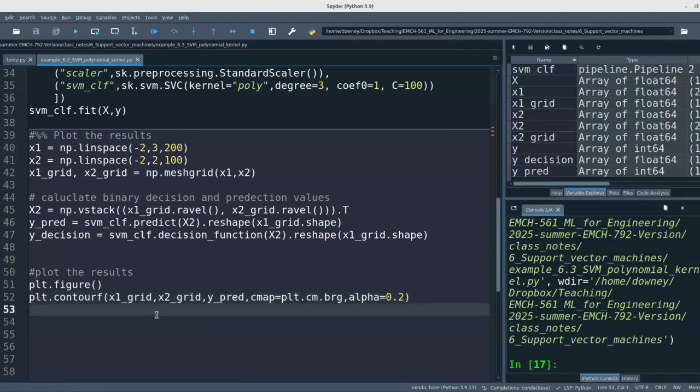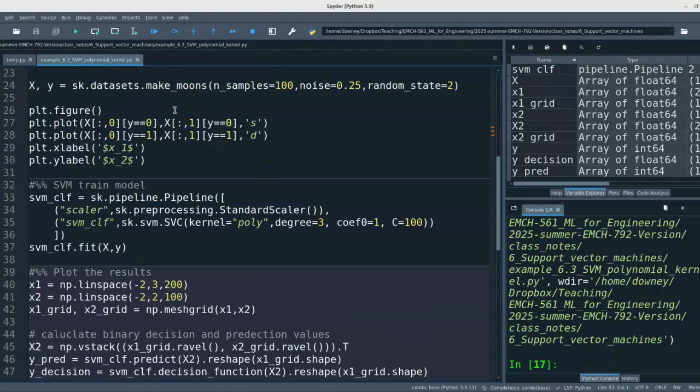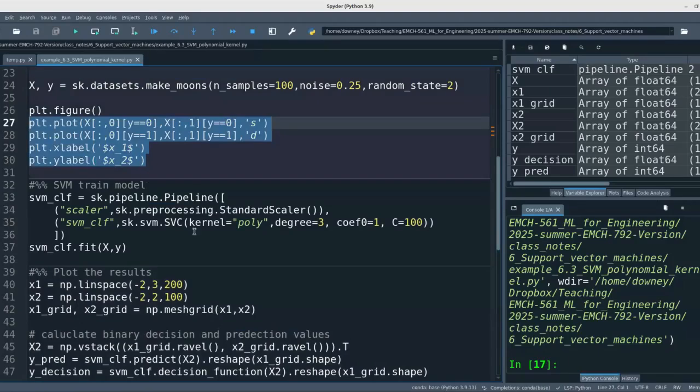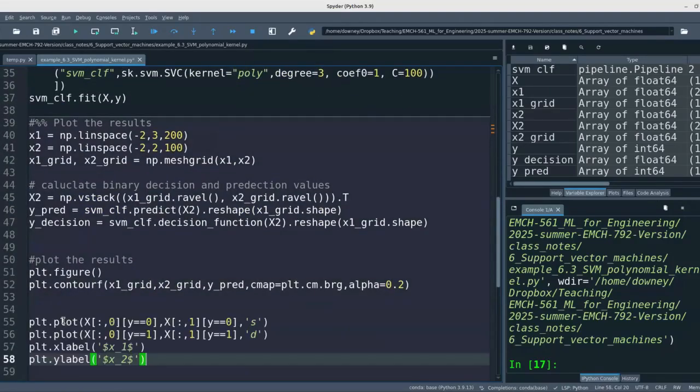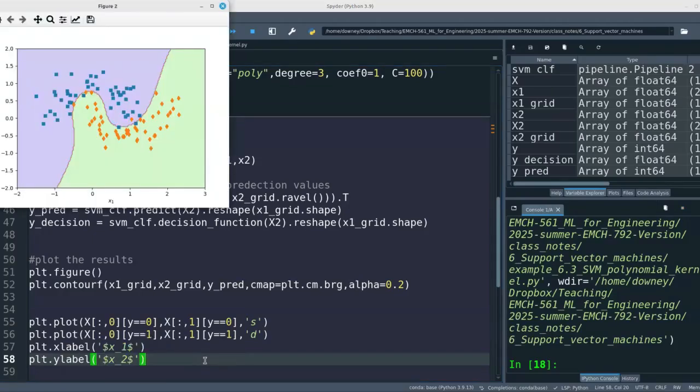Another thing that we can do now is I'm going to come up here and copy plotting this data, and I'm going to move it for the time being down here because I want it to show up on top of my contour lines. So now I have that data, and I have the kernel trick that shows that it can accurately